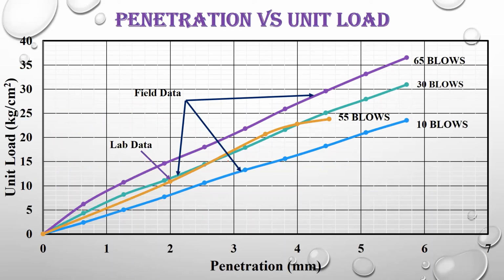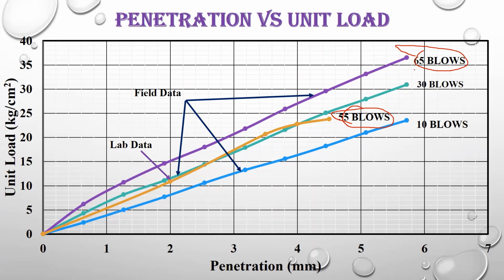Now you can see there are so many lines over here, but the main line we have to study is the orange line on the 55 blows. I have heard that we have to take the reading on only the 55 blows, so we will check which number of blows is more accurate or better than that. You can ask the field as well. We have to do it on 55 blows.